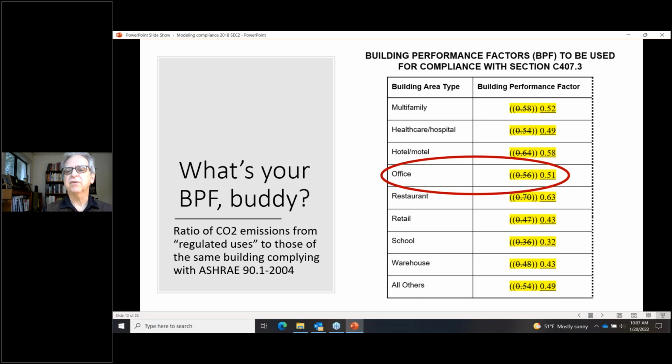So for that office that I've got circled there, if you're doing something outside of Seattle, you'd only be allowed 56% as much emissions from your building, and in Seattle, it's 10% better than that. It's 51% as much emissions. So we've shrunk that 56 back to 51 to recognize that Seattle's prescriptive code is at least that much better.